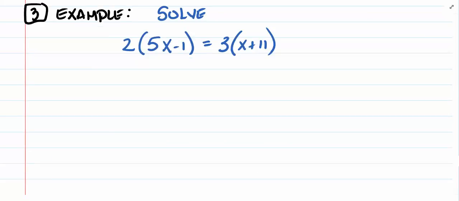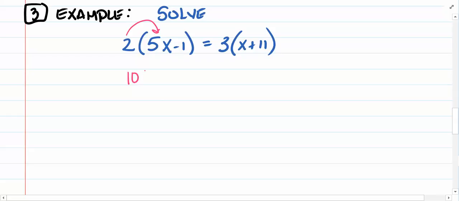Box number 3 will be an example. And we're going to do this example using the distributive property. So notice I'm asked to solve 2 times 5x minus 1 equals 3 times x minus 11. So I'm going to go ahead and distribute. So 2 times 5x is going to give me 10x. And 2 times negative 1 is negative 2. And I'm going to use the distributive property and get 3x